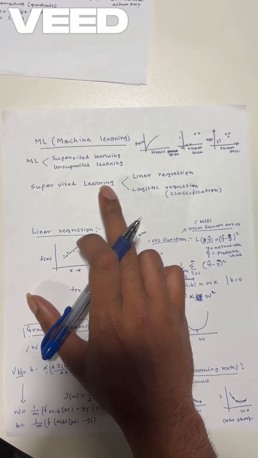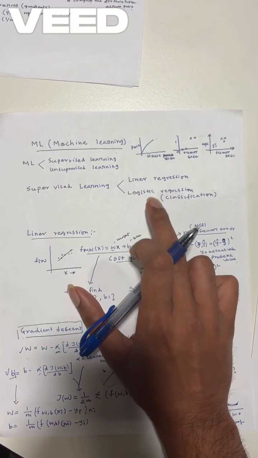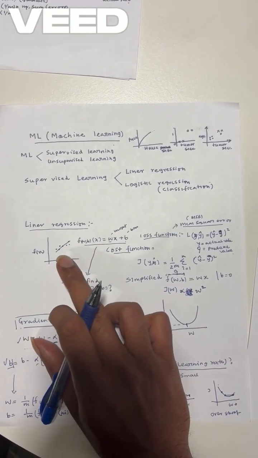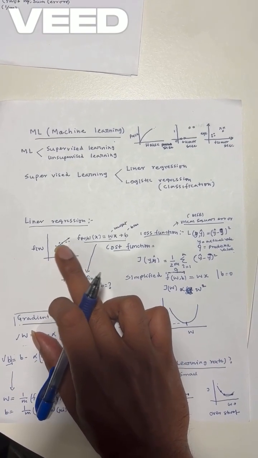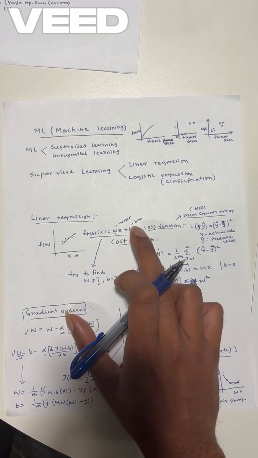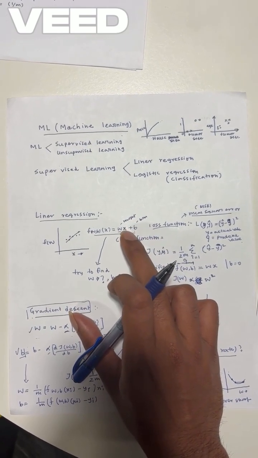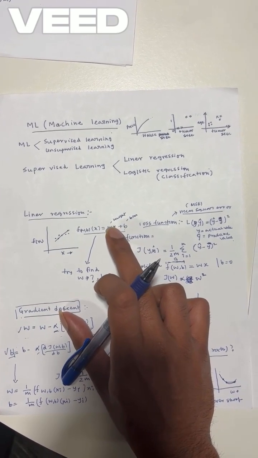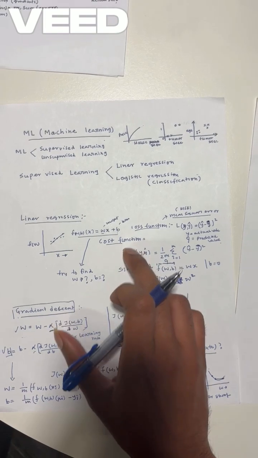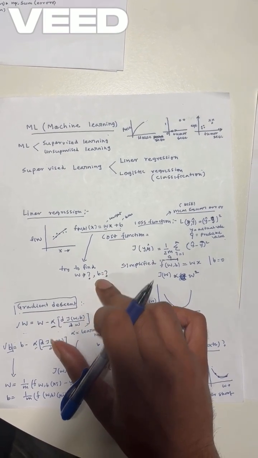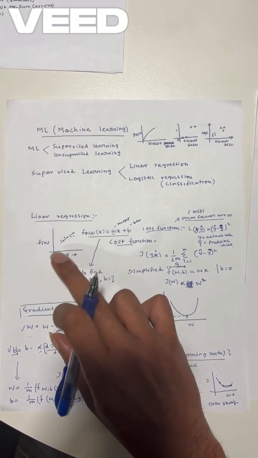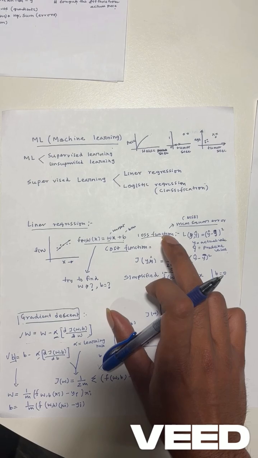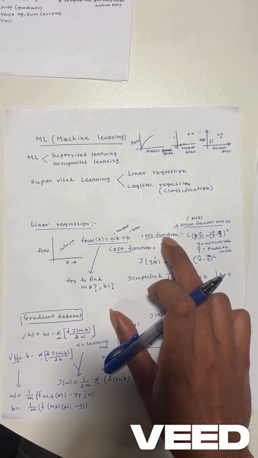Supervised learning is classified into two categories: linear regression and logistic regression. In linear regression, we try to fit a curve to our data. In this example, I take a very simple case where I take only one variable and add weightage and bias. We try to find these weight and bias values to fit the curve to our data. To find whether this weight and bias is correct or not, we use the loss and